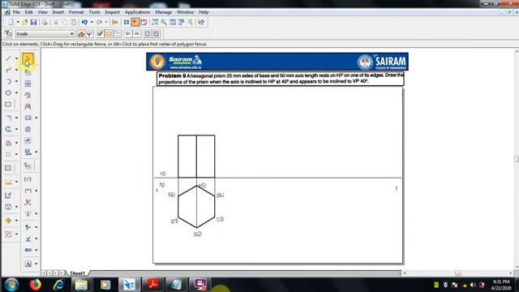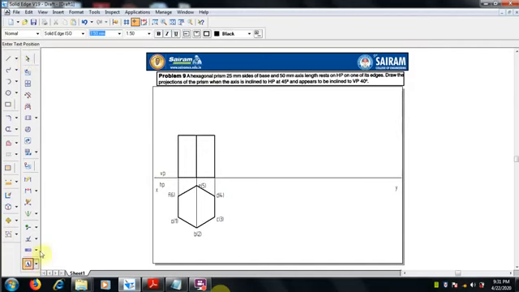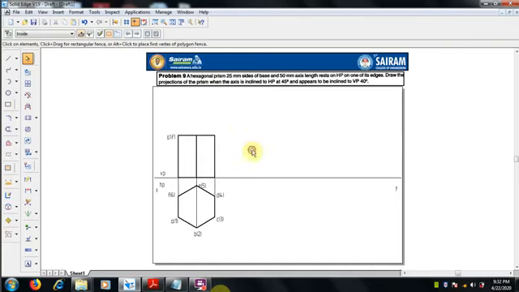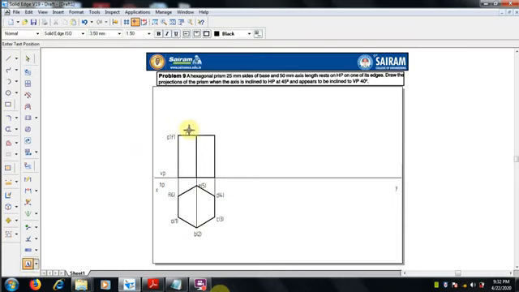In the front view, as we are seeing from the front, at the top portion A is visible, F is invisible, so it is F dash in brackets. Next, we see B dash is visible, and E will be hidden at the back of B, so E dash in brackets.